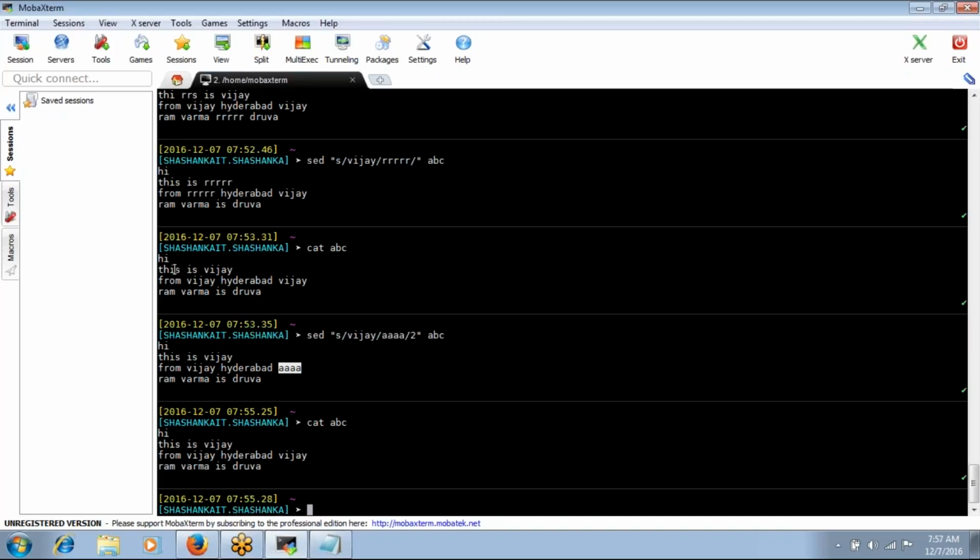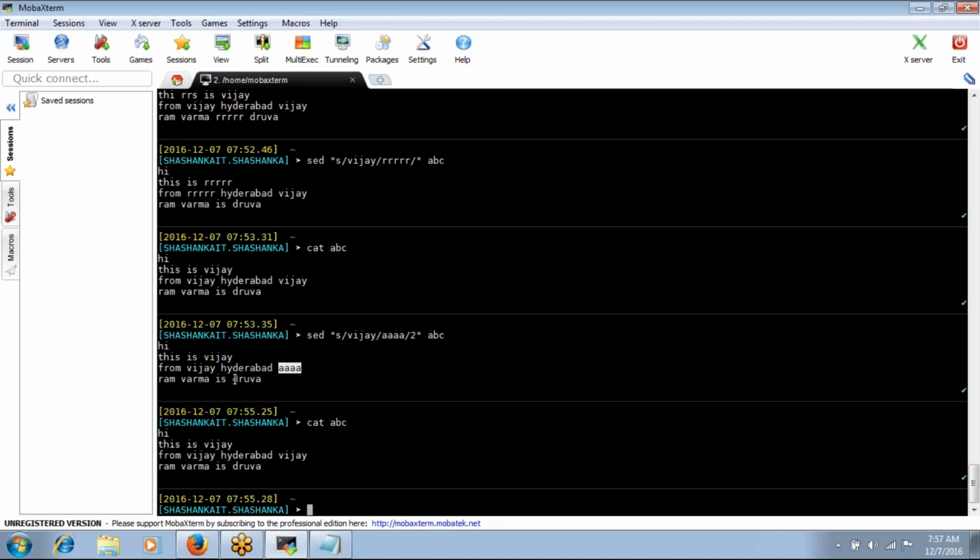So this is my first record. If I have the pattern Vijay, it will check only the second occurrence. I have given the 2, right? So for every record, in the second occurrence only, it will replace it. That's why it is not replaced. If you see, this Vijay is not replaced. In this record, we have two values, and the second value will be replaced. Coming to the third record, for every record, on that particular occurrence only, it will replace the pattern.